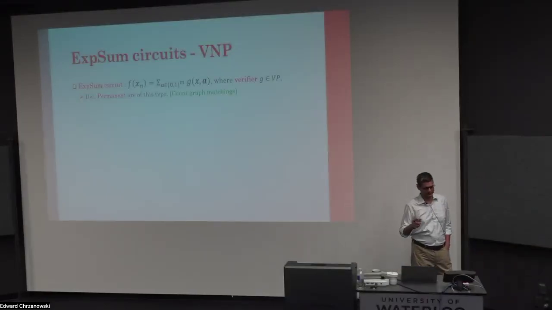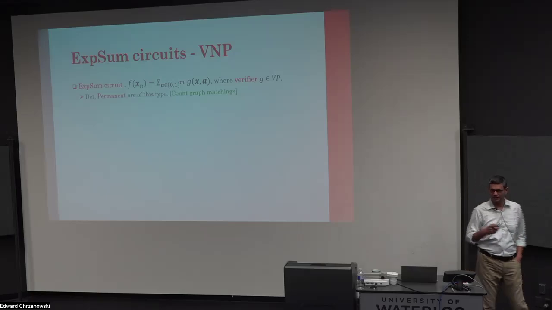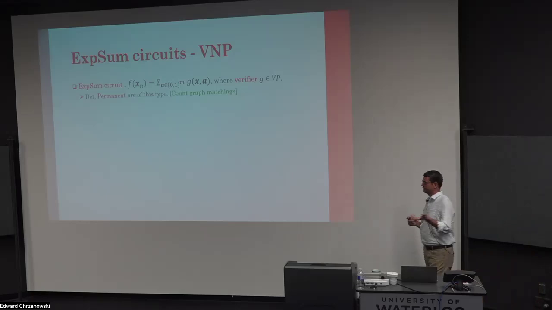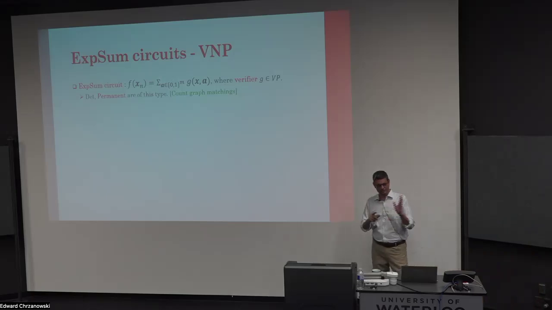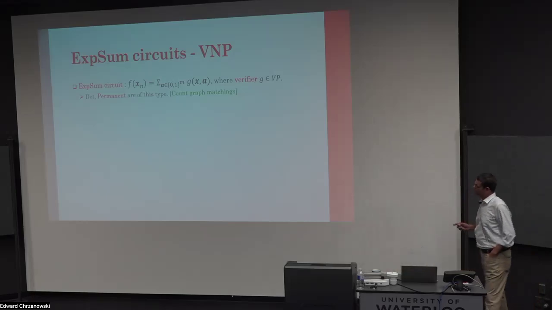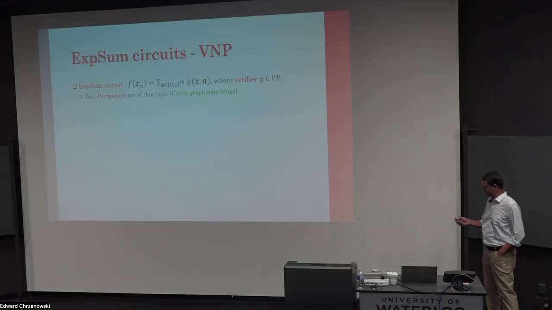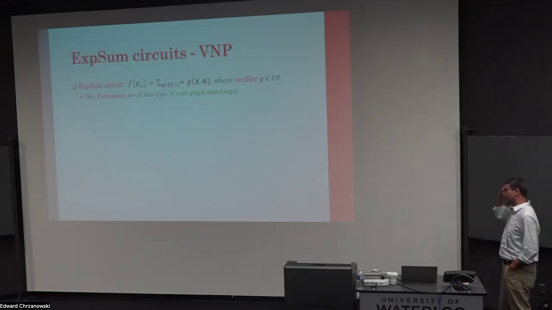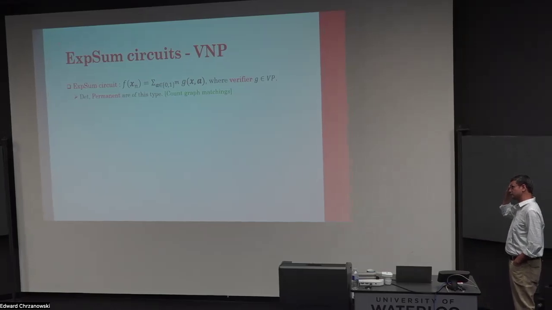But then the question of counting all the matchings, because you cannot output all of them as they may be n factorial many, but you can still ask for a number. Is it 0 or n factorial? You can ask in the range, what is the number? So that is a hard question. If you take it as an exercise, it's an easy exercise that question can be written in this exponential sum style. So this question of counting matchings is naturally of this type,